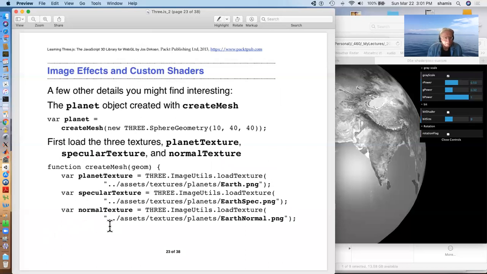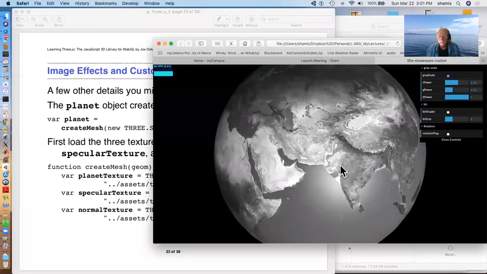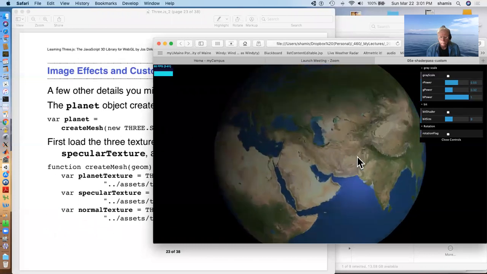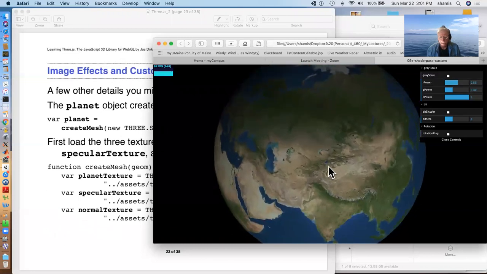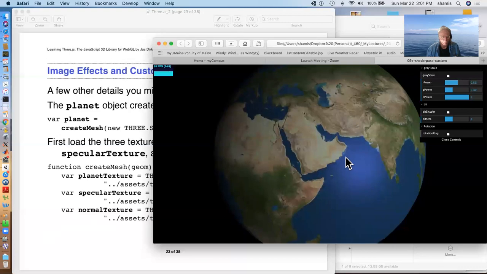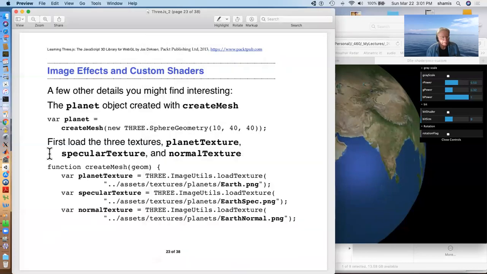Some other details you might find interesting. This planet object that we're playing with over here, which you notice is not shiny over the land, but it has a specular highlight here over the ocean. Water is shiny, land is not. That is kind of an interesting one. So first of all, the planet, we created a sphere, radius 10,